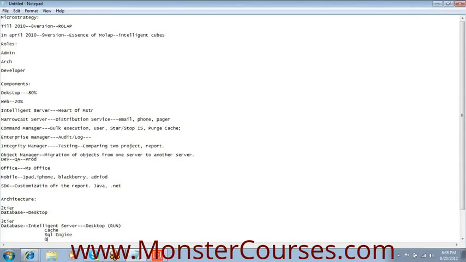Taking that SQL, it will send it to the query engine. These queries will be sent to the database, and they execute the queries there. The result will be sent back to the query engine, and from there to the desktop, and it will be shown in the report. This process is done in less than a second. It depends on the data you are pulling.